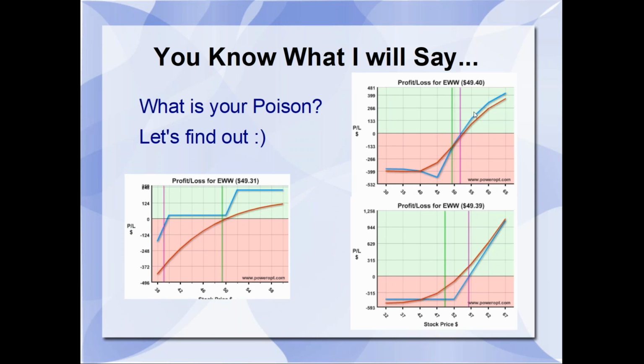And I personally am not a fan of number 2 because I think it's deceiving. I think it's deceiving to say, oh, well, don't worry about the protection. You've got that 6 months out. If it doesn't work out as you expect, you can manage it later. Well, manage it later means if I've got to stay in it to manage it, I've got to buy another put. That's not going to increase my returns. That's going to increase my risk and lower my returns if I have to stay in it for another 6, 7 months to try to get that maximum profit, which has now been lowered.